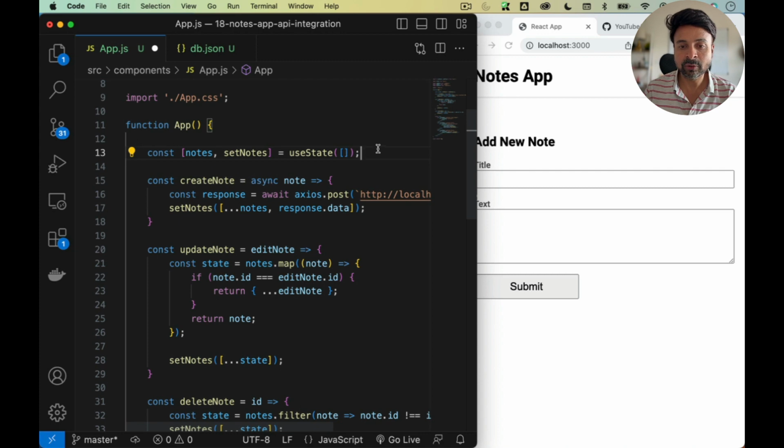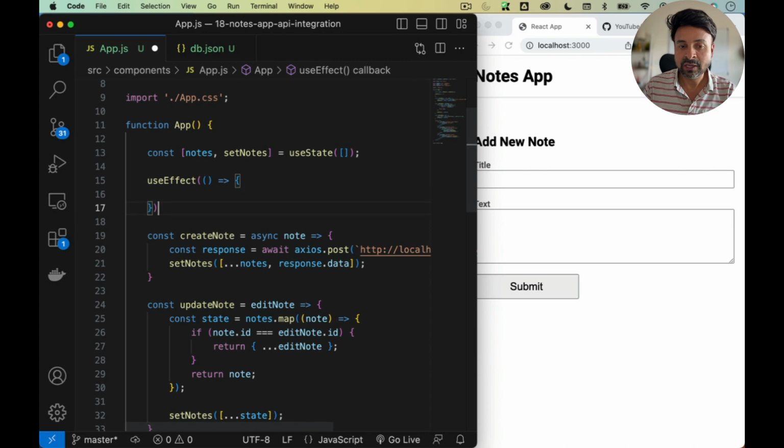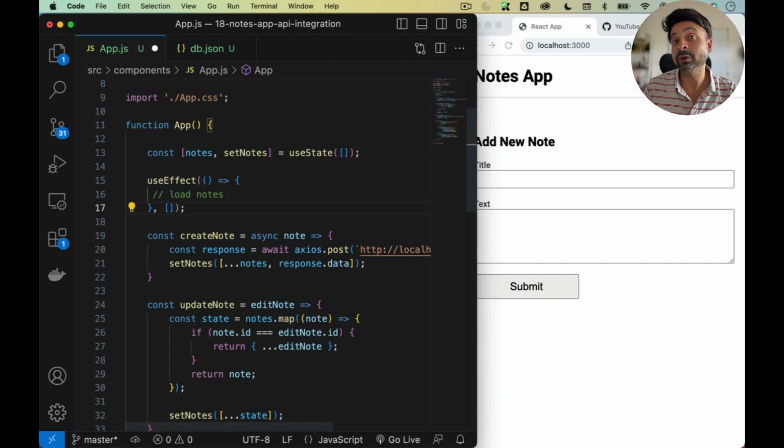The creation of note, I'm going to keep here. Let's use useEffect. Inside useEffect, I'll have a callback function, and inside this I'm going to load notes. I want to load only the first time when my application is rendered. For that, we use the second argument, the empty array. So what is the meaning of the empty array? It's indicating to React: run this function